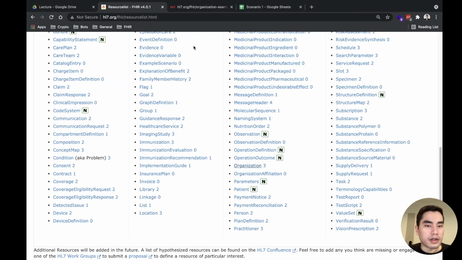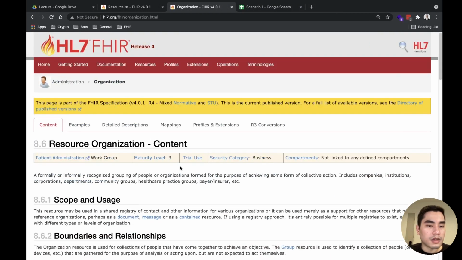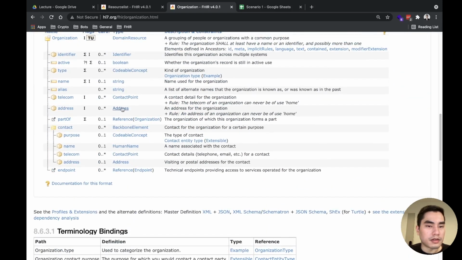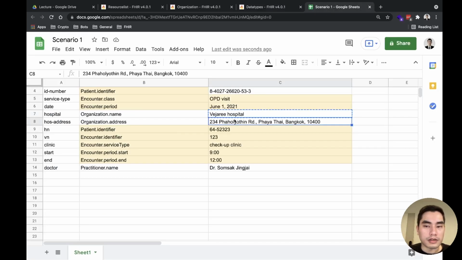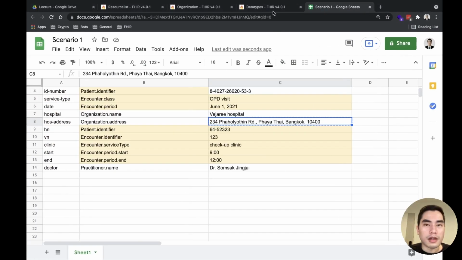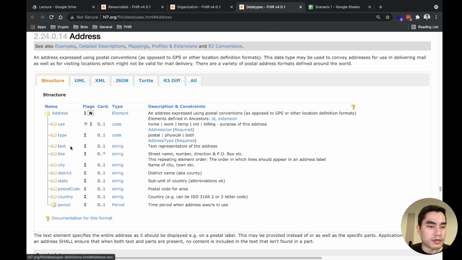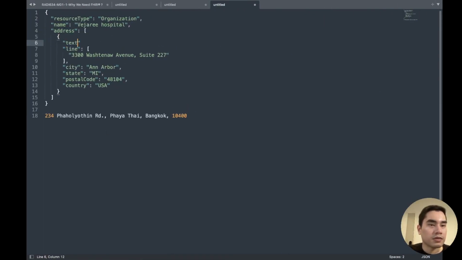Inside the address, there will be some elements like this. So the address is like this. I think we should take this one too, for the full text, easier to copy and paste.